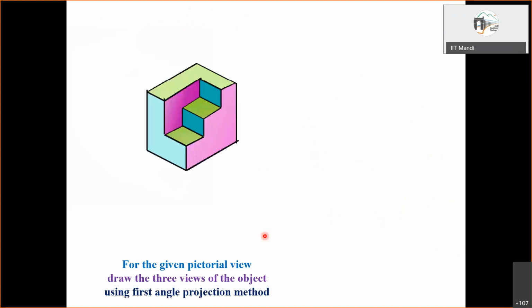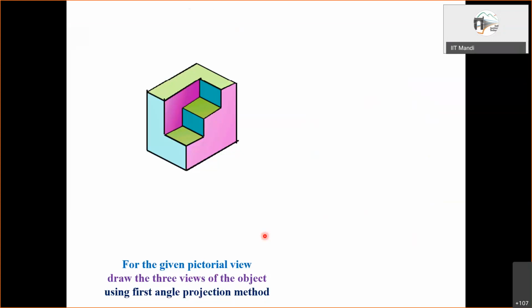Okay. Now we can have a look at a few examples. So now here an object is shown, and for this we need to obtain the front view, top view, and side view. Whenever it is given that draw the three views, then we can draw front view, top view, and side view.